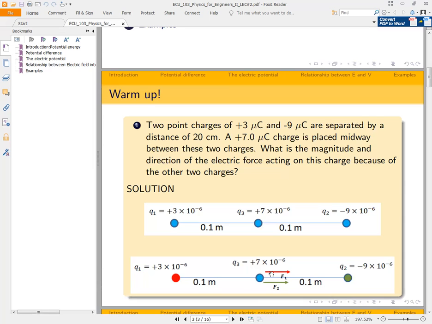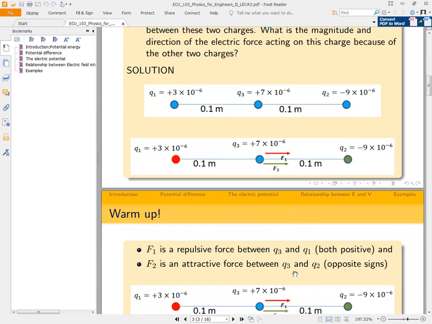I mentioned last week that sometimes you might need to use Pythagoras theorem. Sometimes you might also need to use the parallelogram rule to get your resultant. So this question was a straightforward one, and I think you can do it